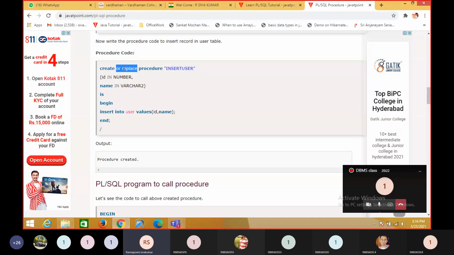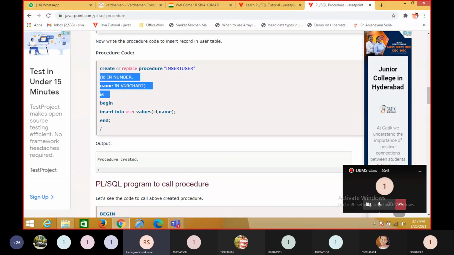If you write this create or replace and you have the procedure name insert user already in SQL, it won't throw any exception because we are replacing the procedure with these variables, with these properties, with these attributes, with these parameters. Okay,